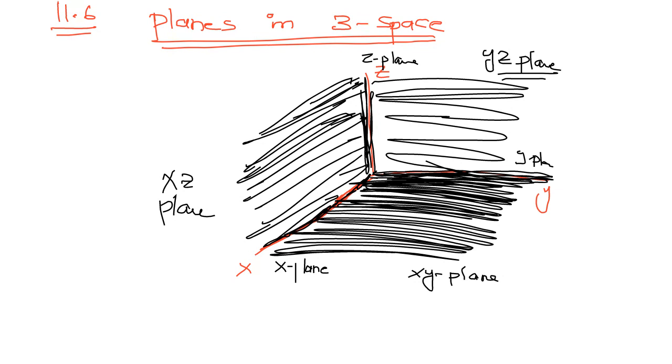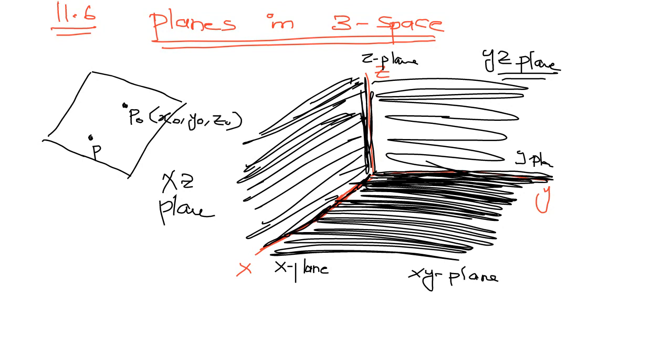Okay, now for example, if I say this is the plane, and have 2 points, for example, this is P point and this is P naught, and P naught point is X naught, Y naught, and Z naught, and P point is X, Y, and Z. So you can draw the vector when you join the 2 points, and any vector which is orthogonal to the plane, orthogonal means which makes a 90-degree angle, that vector is called the normal vector and has a representation n equal to ABC.